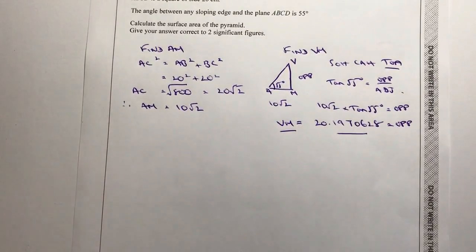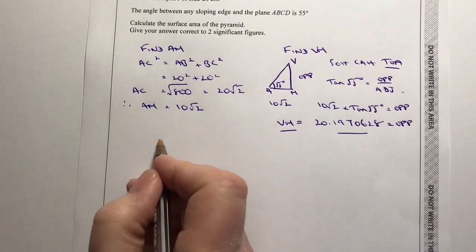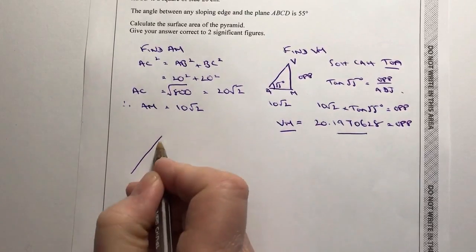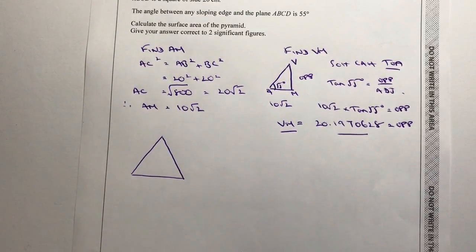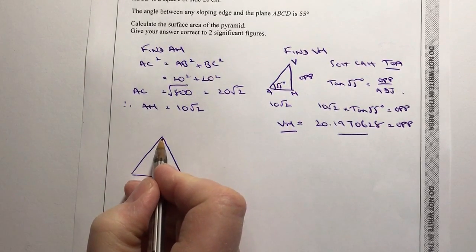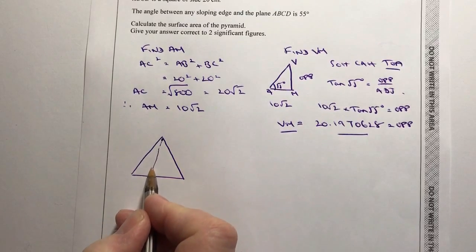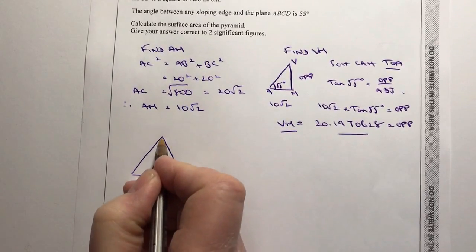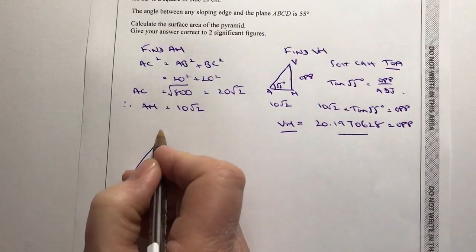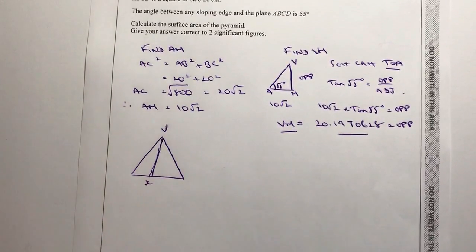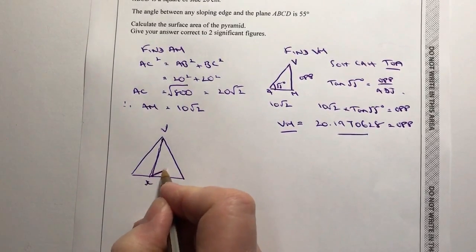Okay, now this is where it does get a little bit tricky, because I mentioned before that what I need to do is I've got this kind of sloping triangle here, and I need to be able to find out this vertical height. Now I'm going to draw this slightly strangely, but if you can imagine, this here is the bit I'm interested in. I'm going to call that V at the top and let's say X at the bottom there. Now that's made up of another